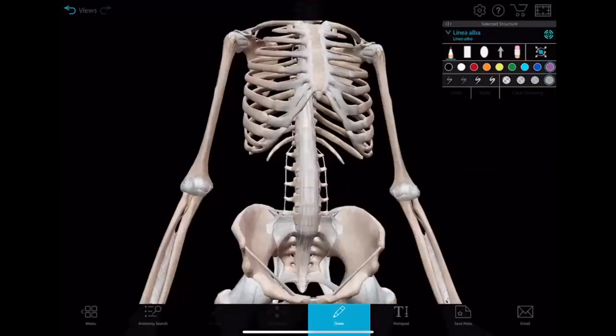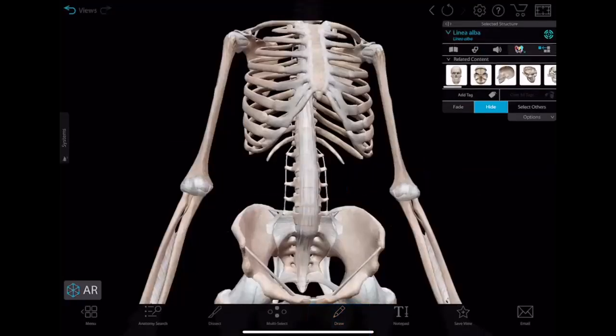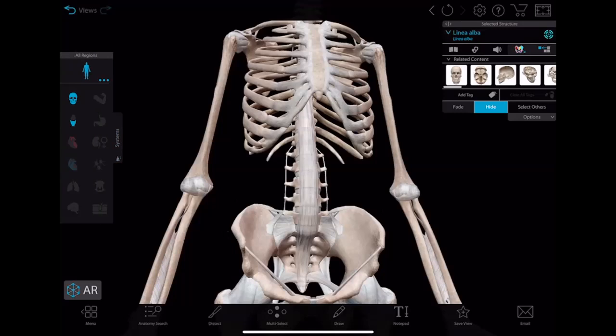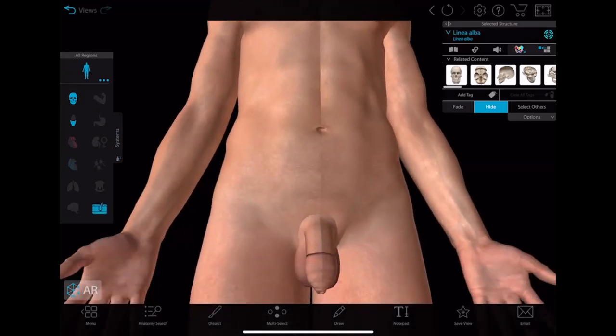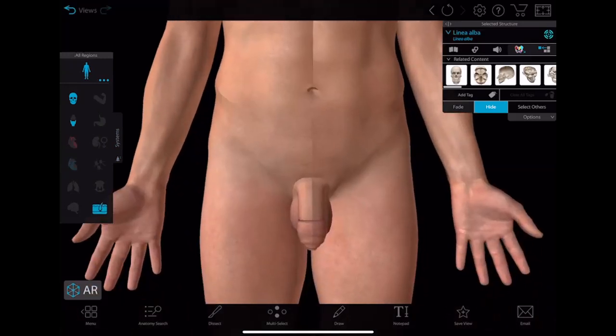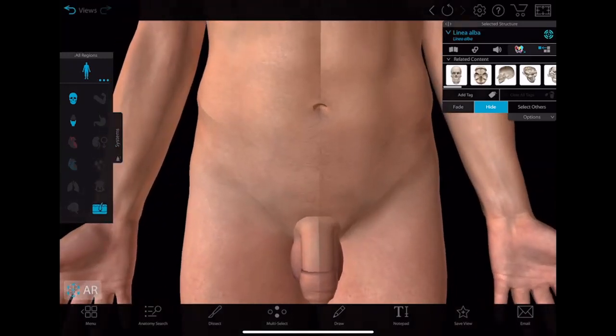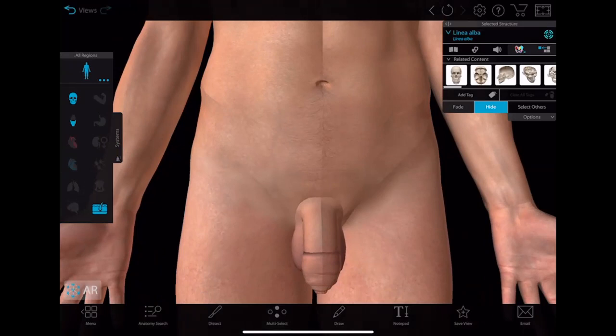Coming to the soft tissue landmarks, we have already seen the furrow, okay, in the linea alba, umbilicus, and linea semilunaris, right? Let us see